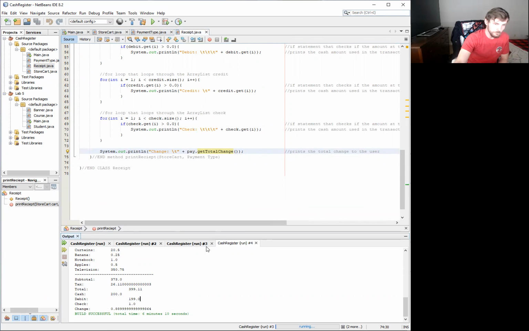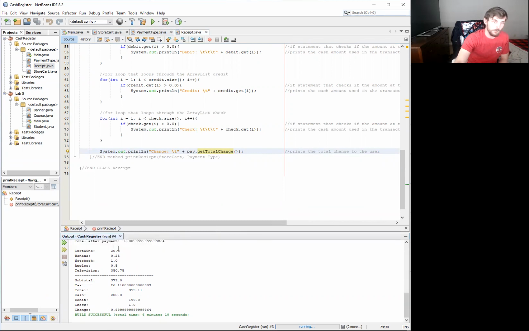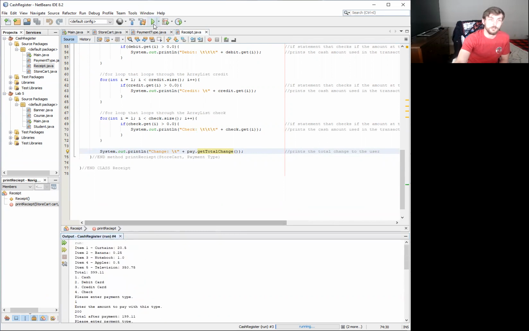So I'm going to run through the program to show you from start to finish, and show you the multiple ways that people can enter payment types and how they are stored and printed on the receipt. So I will now run